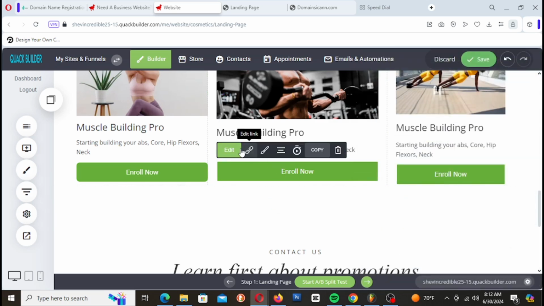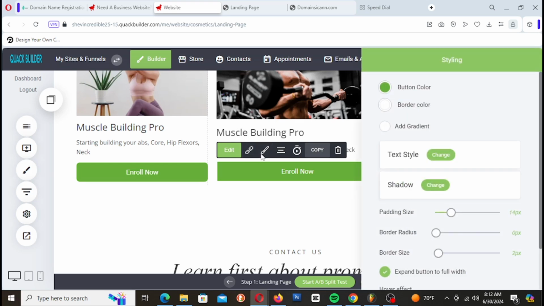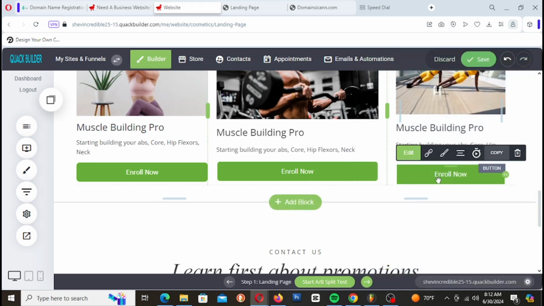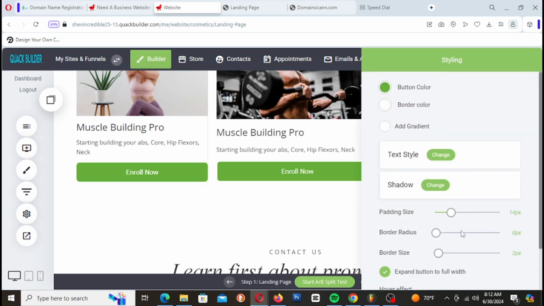All right, so for these other buttons, I think I probably want to make them the same. It would be better if I just copy them over because they would have the same